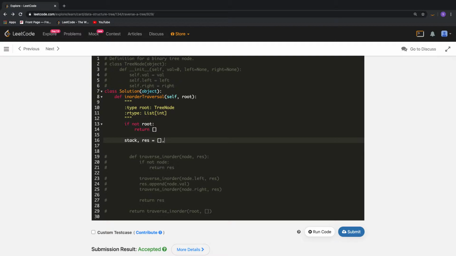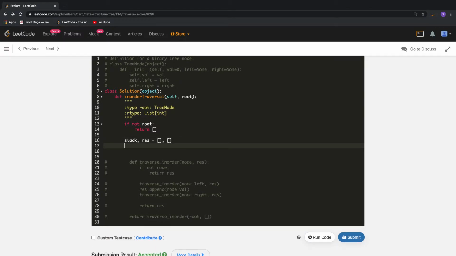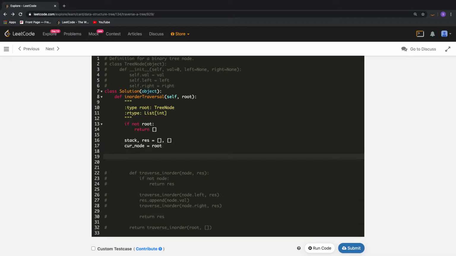Stack will be empty as well as the returning list will be empty. Now we will take a current node and initialize it with the root. So while our stack is not empty, that is while stack,